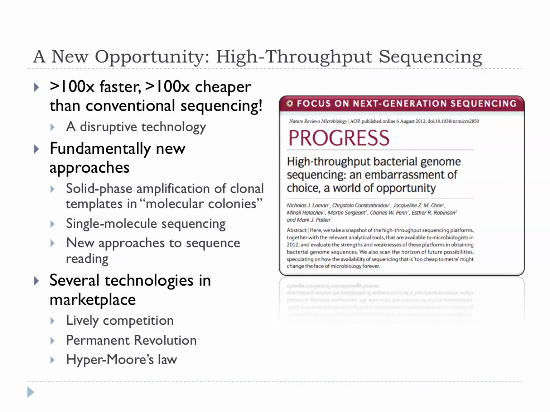So why should I say all this? Well, we have this new opportunity with high-throughput sequencing. This is the slide, actually, I suppose I need to update it because it says 100 times faster, 100 times cheaper. We're now probably talking thousands of times, if not tens of thousands of times faster and cheaper than conventional Sanger sequencing. So this is what economists would call a disruptive technology, something that completely changes the landscape. And